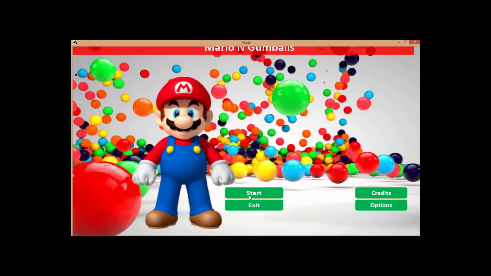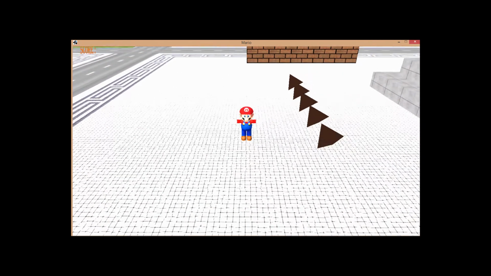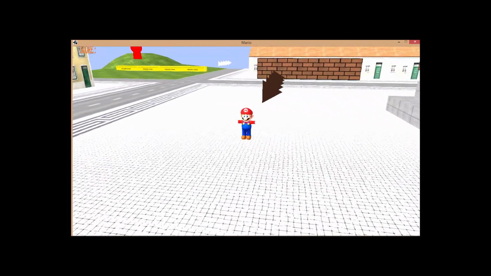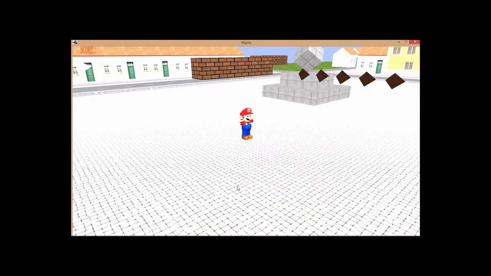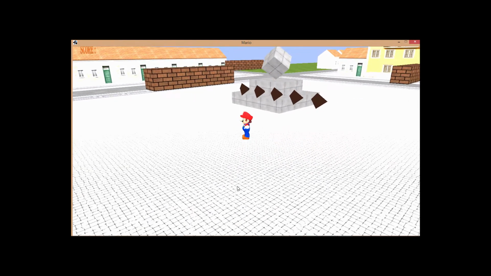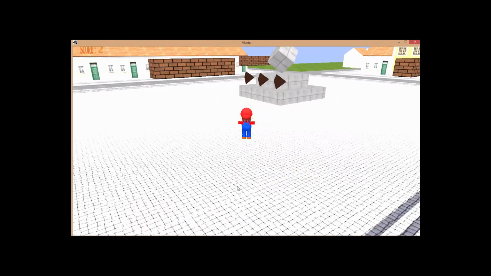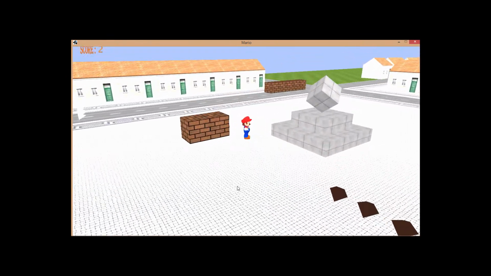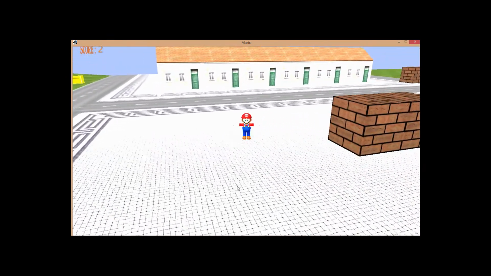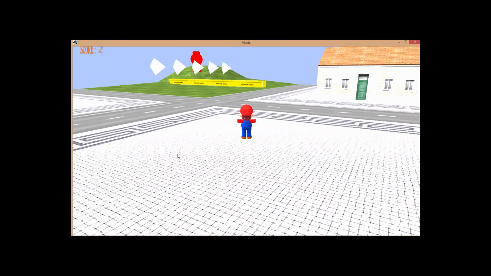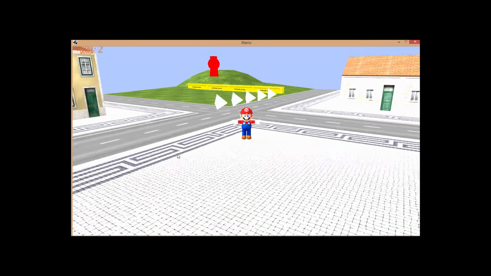Let's start the game. This is the main character of our game, Mario. He can break bricks, collect coins, and at the end, get his gumballs. There are 3 sets of coins in the game: brown coins, gold coins, and silver coins. Whenever Mario collects any coins, the score is updated in the left corner. This is implementing the observer pattern.